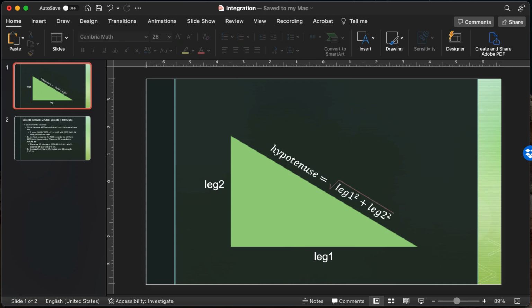At the end of each module, I'm going to create an integration video, which should help you understand how to put all of the pieces together for this particular module. For the first example, we're going to take a look at a basic geometry problem, which is the calculation of